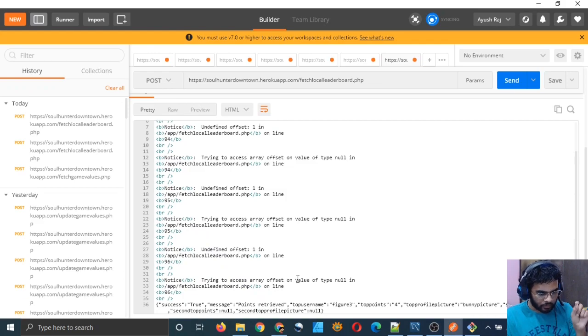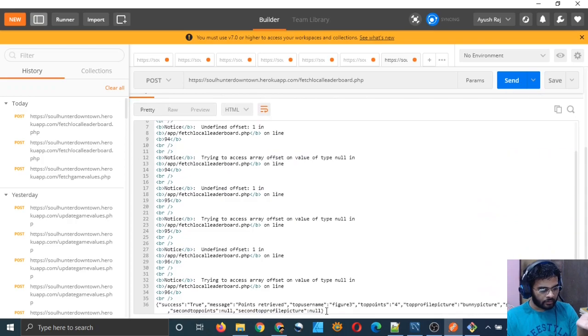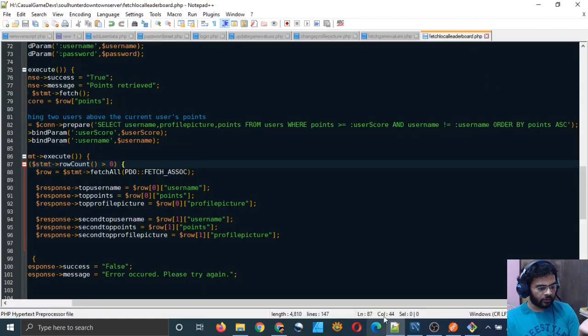Even though it gave me some warnings, it fetched some records, and we can see that the first one was figure 3, but the second one was nothing, it was null.